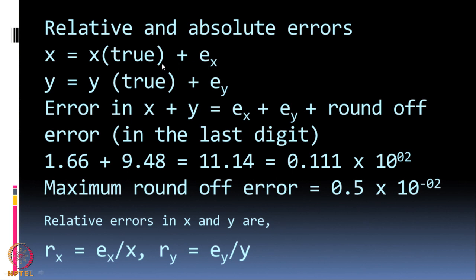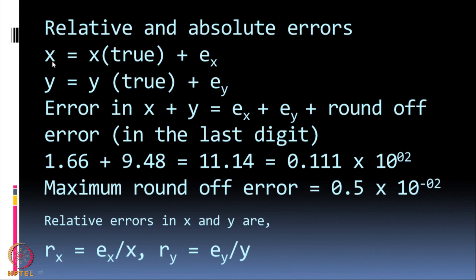For example, the velocity of light is a quantity which is measured very accurately. You can measure this quantity, let us say, up to the 11th decimal place, but there will be some error in the 12th decimal place. The same is true for several physical quantities, for example, the mass of an electron. You may know the mass of an electron up to say the 10th digit, 12th digit, but you will never know the exact value because any measuring device will have a certain error. So, any physical quantity will have its true value plus some error.